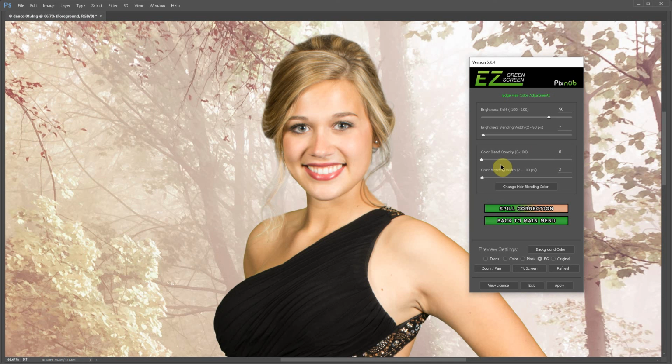And what you can also do is force color into the edge of your hair as well. So I'm going to turn the edge color opacity up to 50%. And the default color usually works pretty well because it blends with color blend mode. I'm going to turn the width of that also up to 15 pixels. But if you want to fine tune the color that it blends,